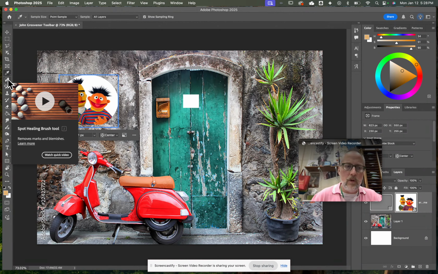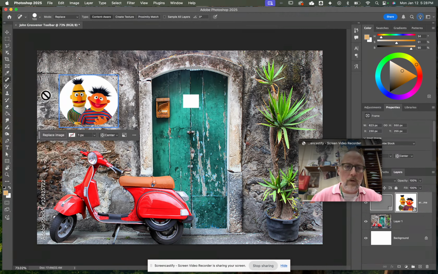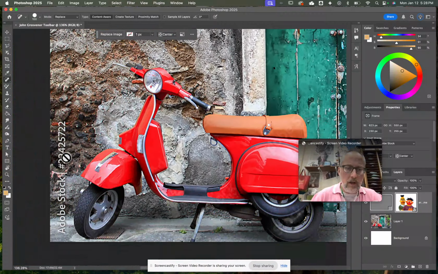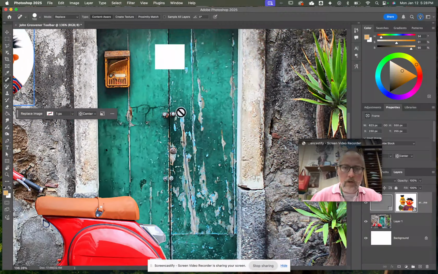This is a pretty easy one. This is really great for fixing little blemishes, right? I used to call it the zit tool here, but I'm going to zoom in by pinching in. And if I wanted to get rid of some of these things on this door, I have